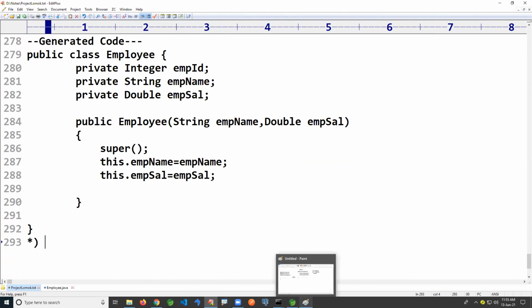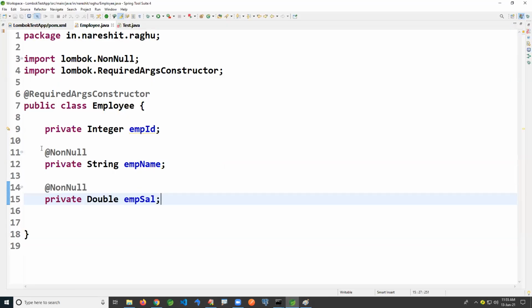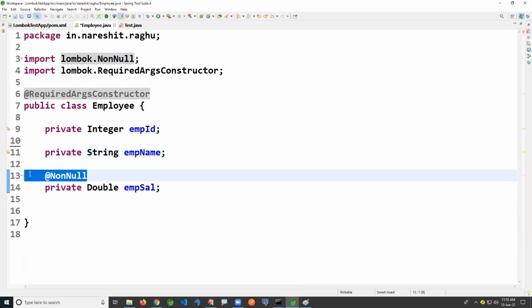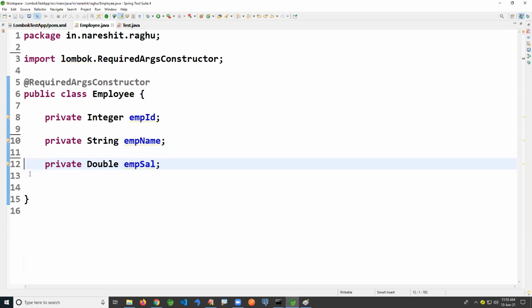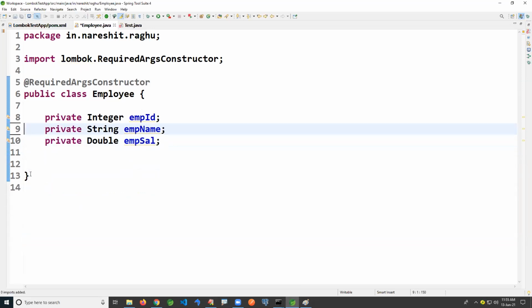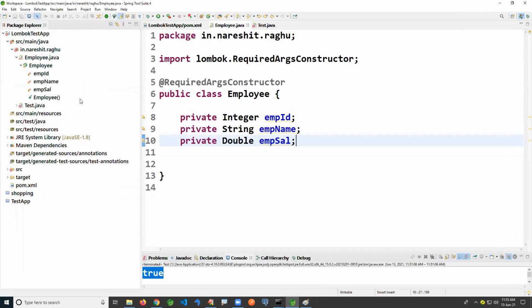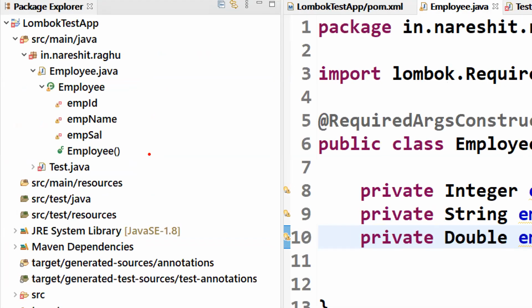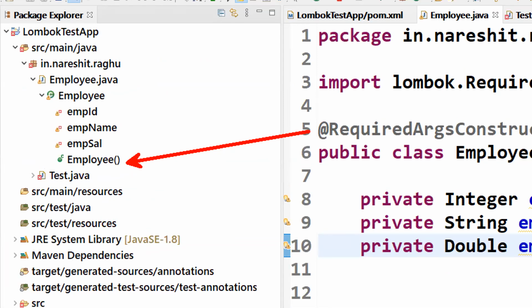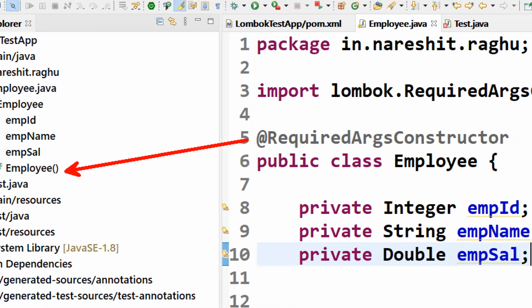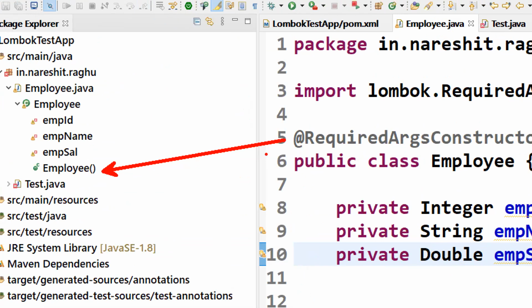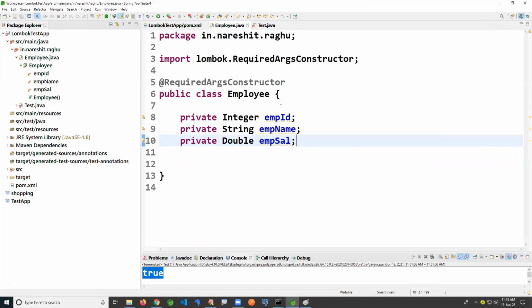Again, I'm saying if you don't select any variable, even though variables are there, RequiredArgsConstructor asks you to choose one variable. If you choose nothing, it will generate a default constructor. Yes, not only NoArgsConstructor, even AllArgsConstructor and RequiredArgsConstructor can generate one if you don't choose any variable.